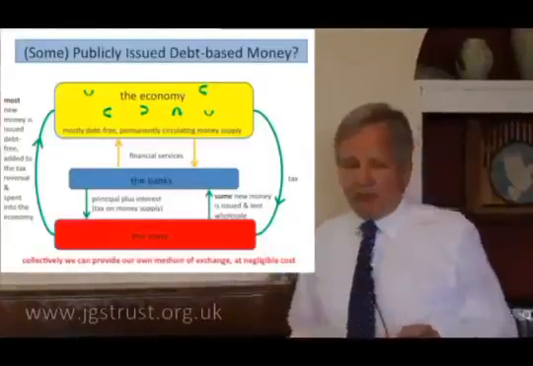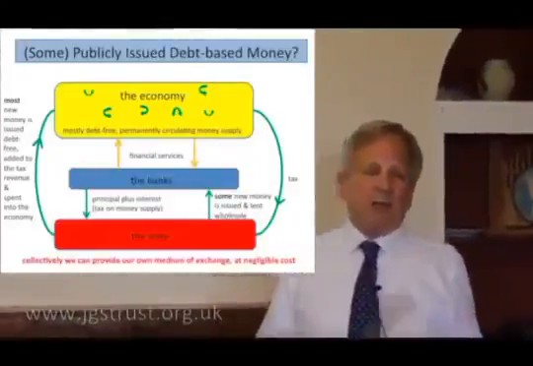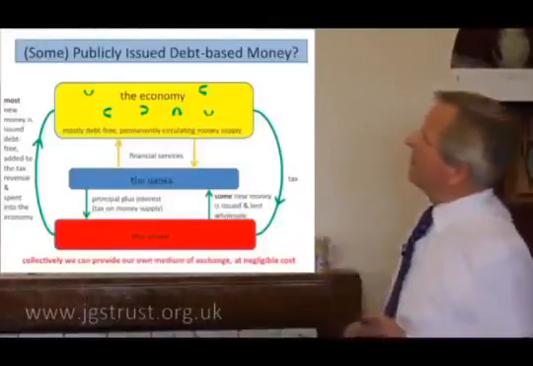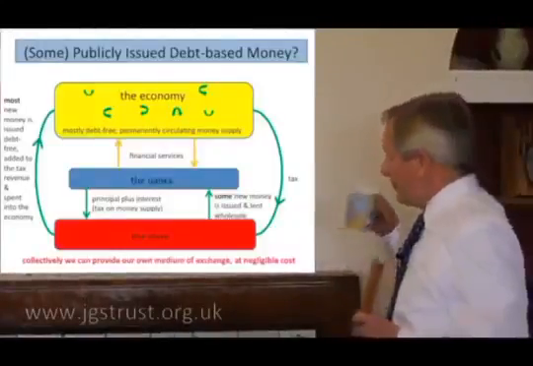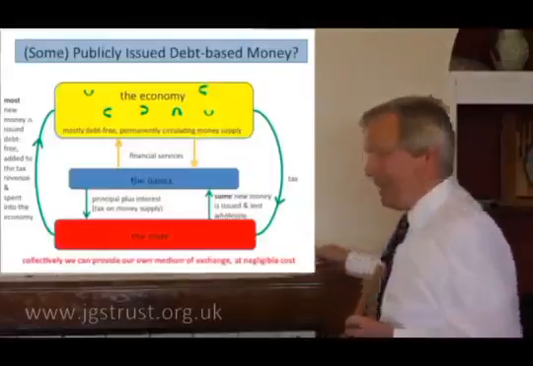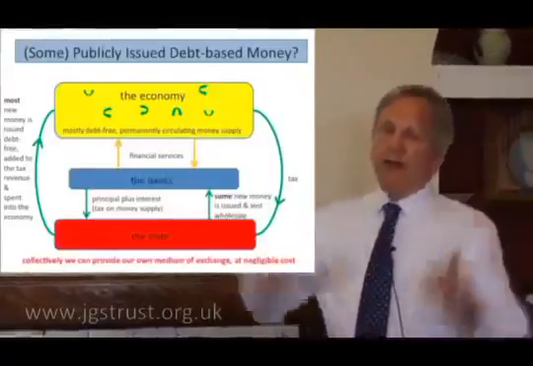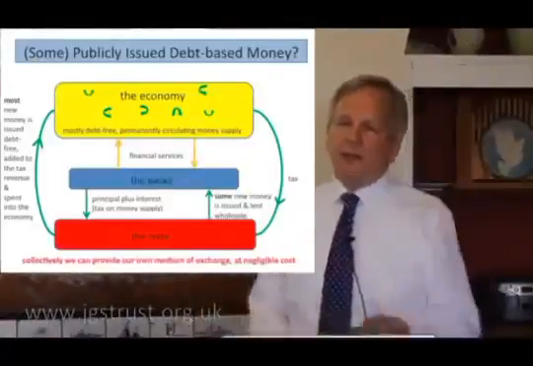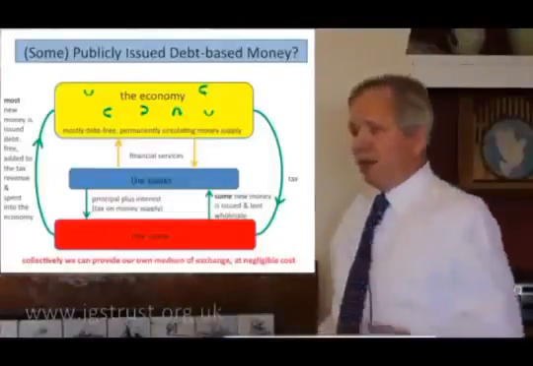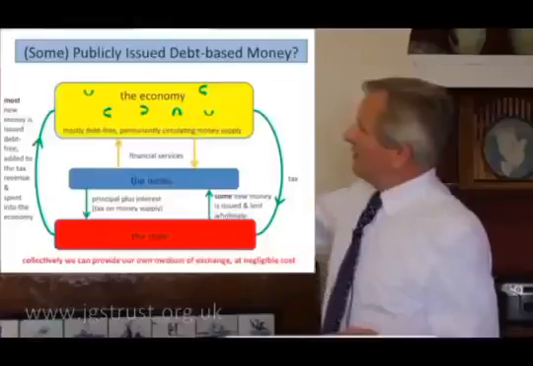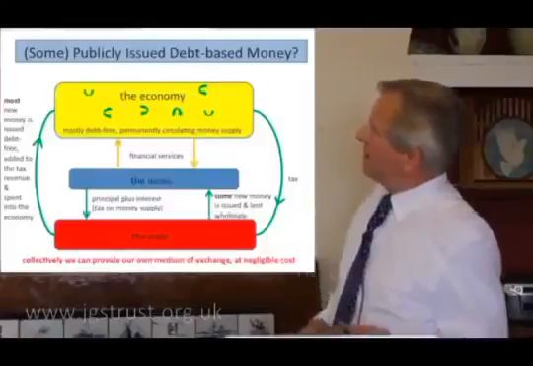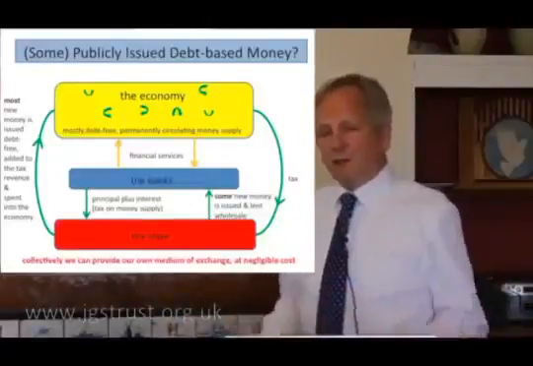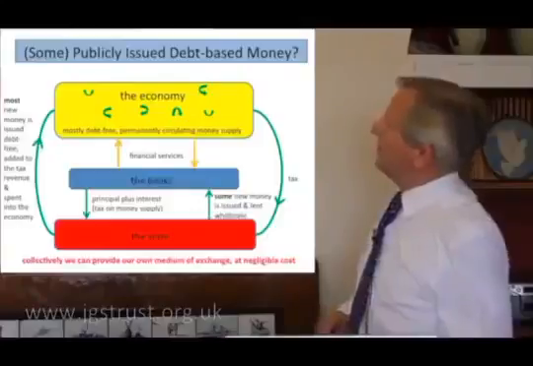Let's not knock debt-based money per se. We're just knocking commercially issued debt-based money. But there is an argument that any money system needs to be a bit flexible. It needs to expand and contract. If somebody invents a new widget and suddenly lots of factories are needed to produce these new wonder widgets, well, we need a bit more money in the economy. Well, we can still do that. We collectively, through the state, can lend money into the economy as well as spend money into the economy. So it's not a problem. This is a counter-argument to